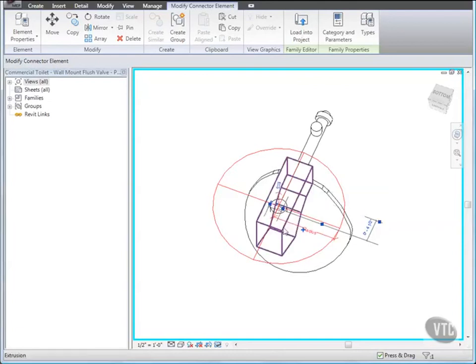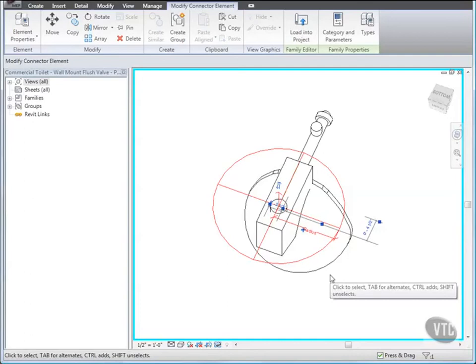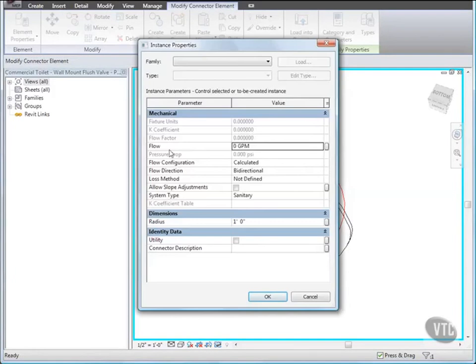The arrow indicates the connector direction and not the flow direction. The connector direction determines the direction from which it will accept connections from other components. Click Element Properties and change Flow Configuration to Fixture Units and Flow Direction to Out, and select Allow Slope Adjustments, and for Fixture Units enter 4, and for Radius enter 1.5 inches,